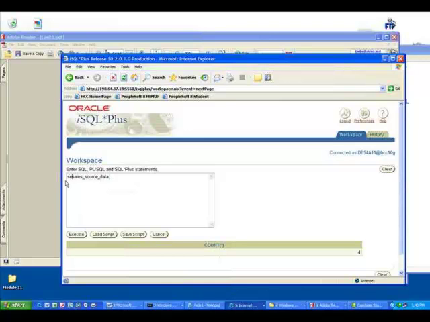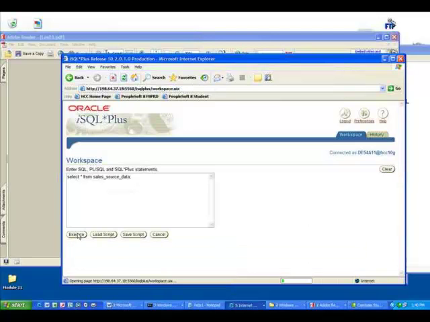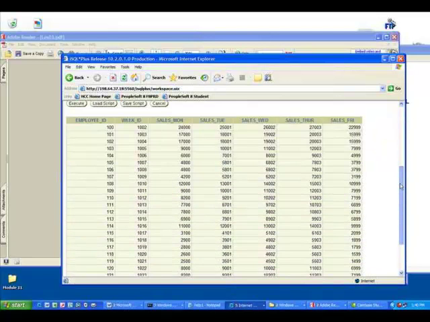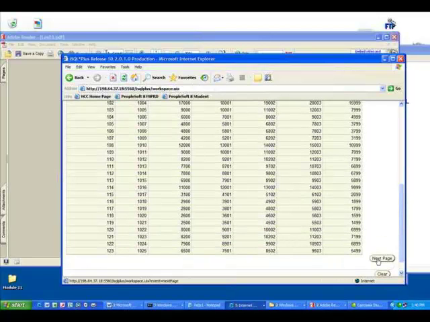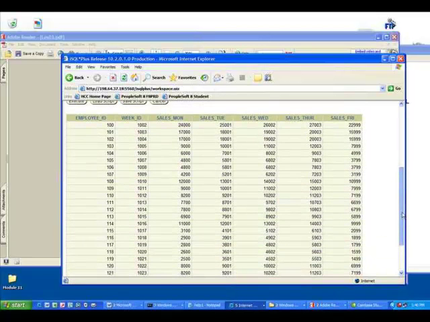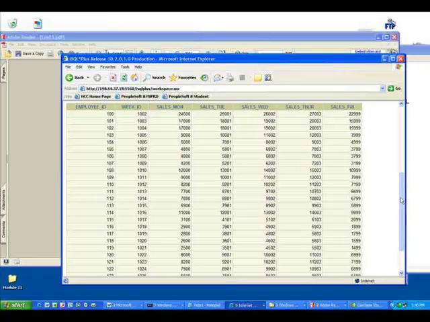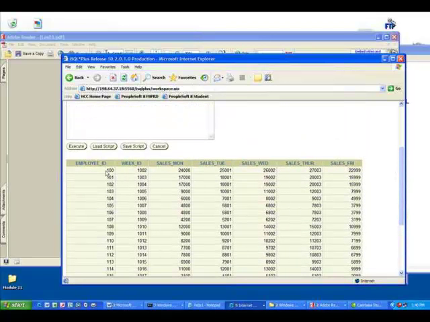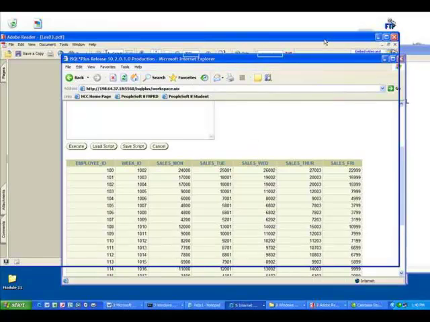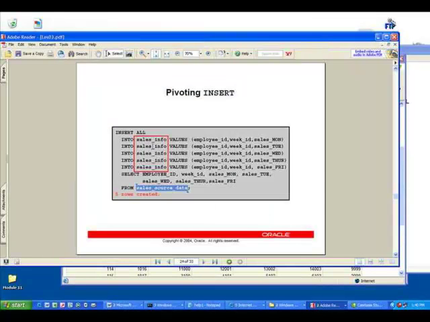Let's say select from this table, and you're going to see as the result I have a large data set, page after page. What we try to do is take each of those based on the week ID and insert it into table sales info. So take those data from a big table which is sales source data and insert it into sales info,